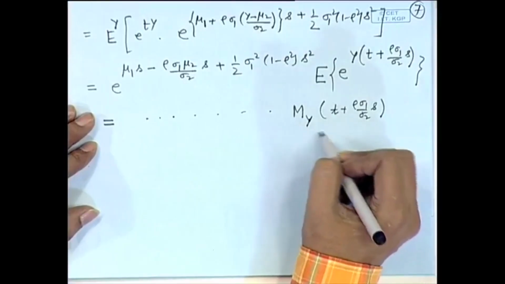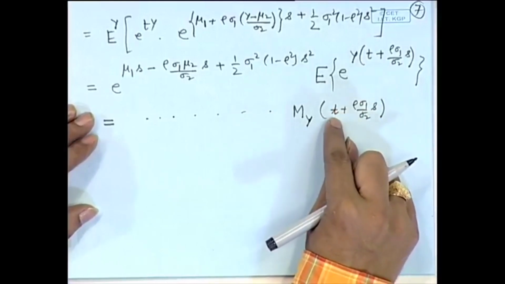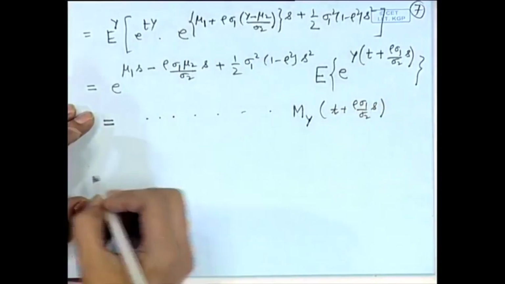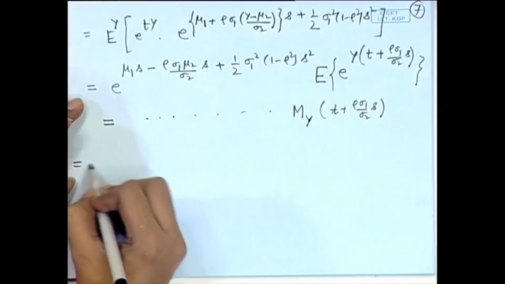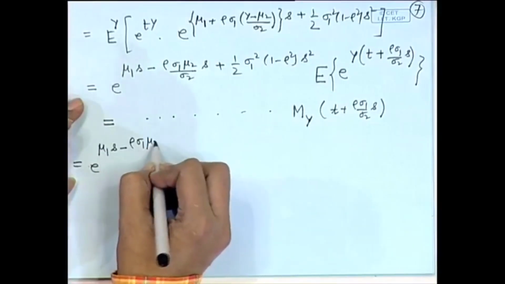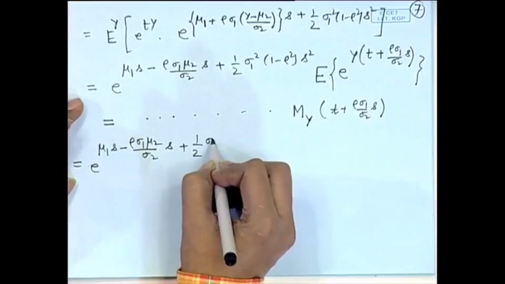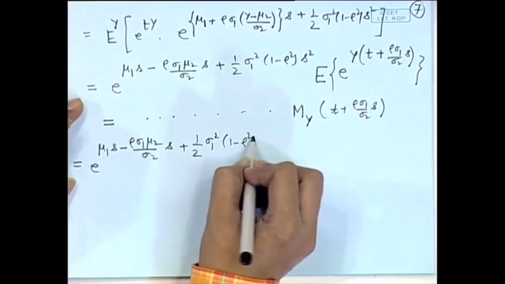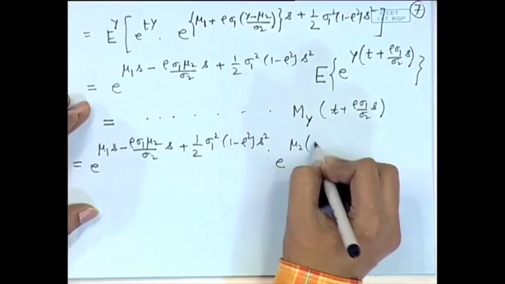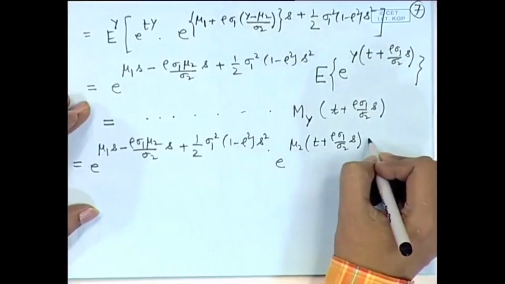Therefore, the moment generating function has a known form. In place of the point t, we substitute t plus rho sigma 1 by sigma 2 s. So, we get it as e to the power (mu 1 s minus rho sigma 1 mu 2 by sigma 2 s plus half sigma 1 square (1 minus rho square) s square) times e to the power (mu 2 (t plus rho sigma 1 by sigma 2 s) plus